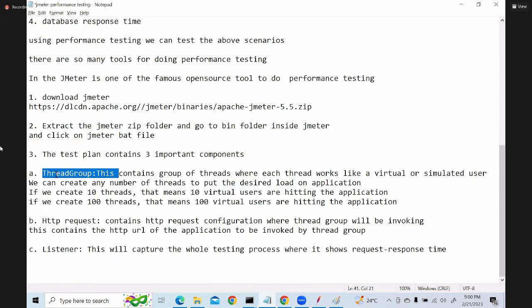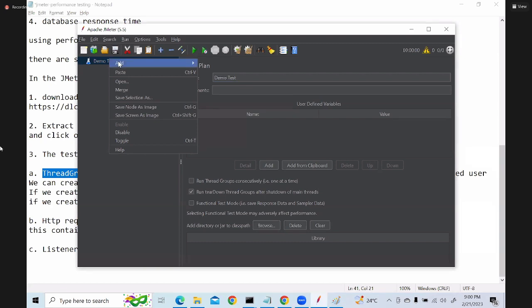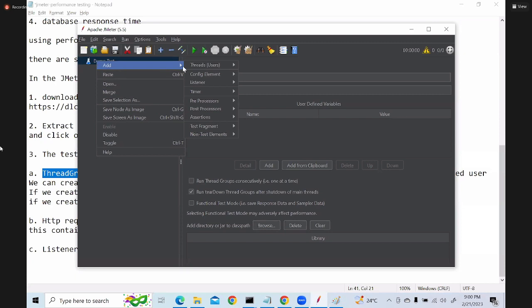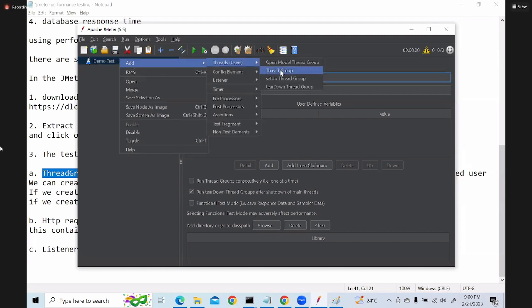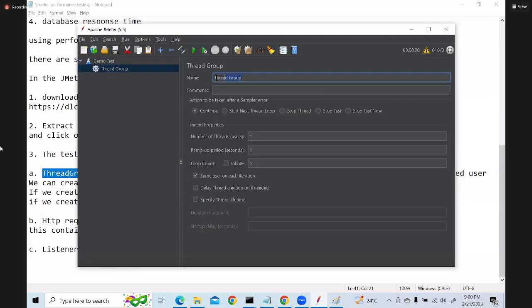First is thread group, right? So right click on this, add thread, click on thread group. See, right click on this, add thread, click on thread group. Okay, give the name demo thread group. Okay. So give the number of threads as